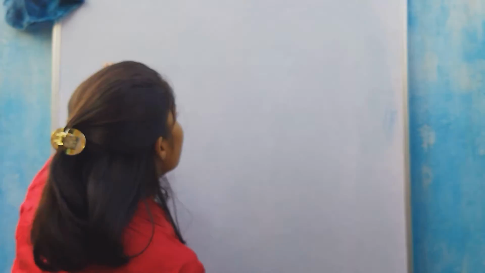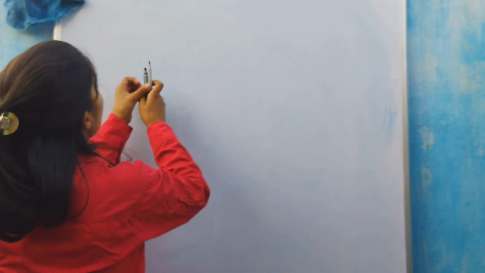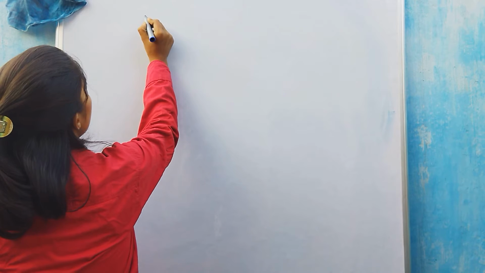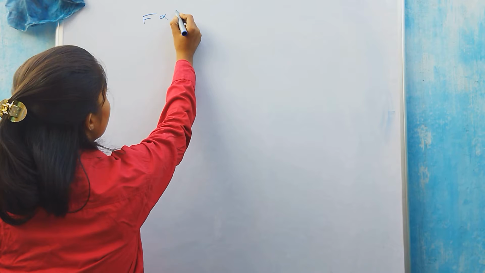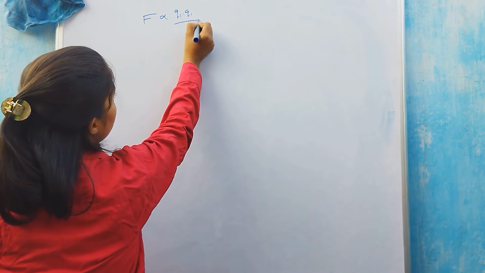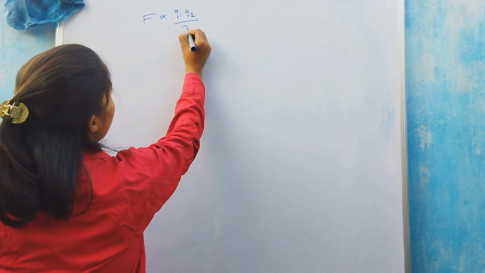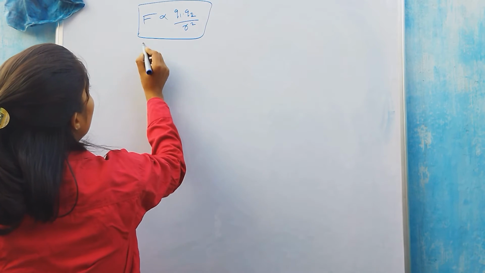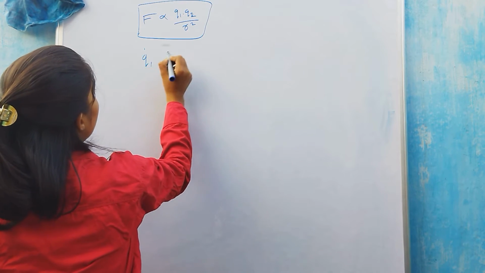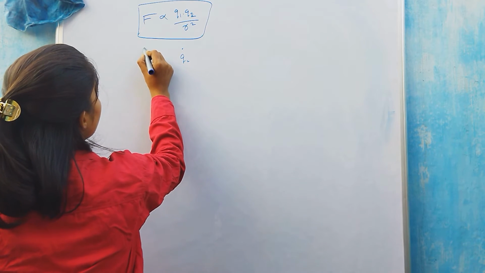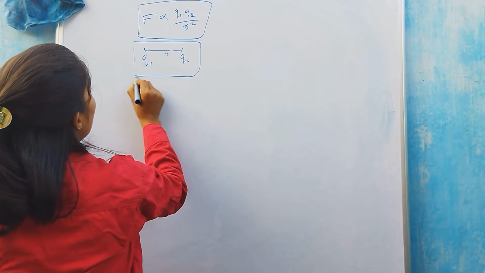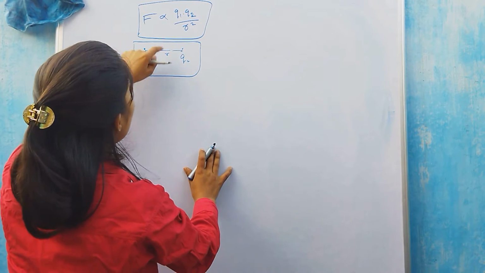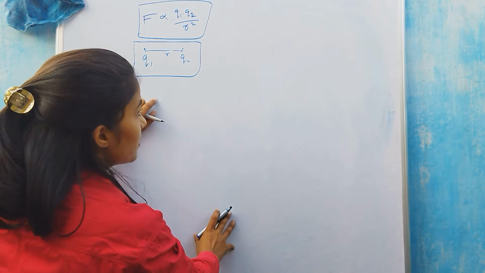So let's see guys what is the Coulomb's law. In the previous video, we have talked about the definition of Coulomb's law, that was F is directly proportional to multiplication of two charges Q1 into Q2 divided by the separation between both of them. Okay, like this. So what will be the magnitude of force between both the charges?